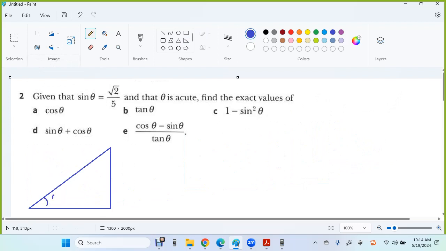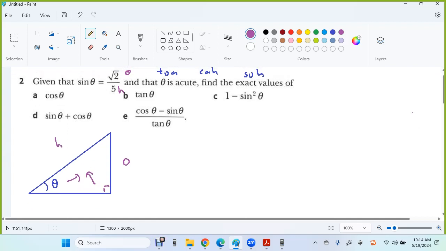Okay, so this is the theta. Sine, we have the O, A, H. Sine is the O over H. So O and then H, and this is the A. So we have the sine theta. So O is the square root 2 and the H is 5,